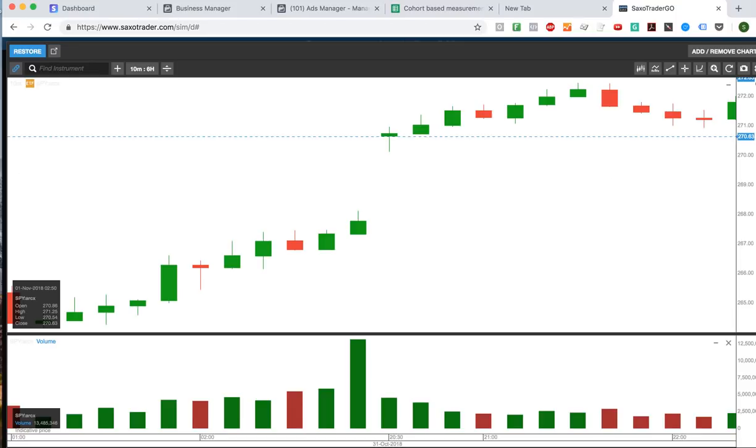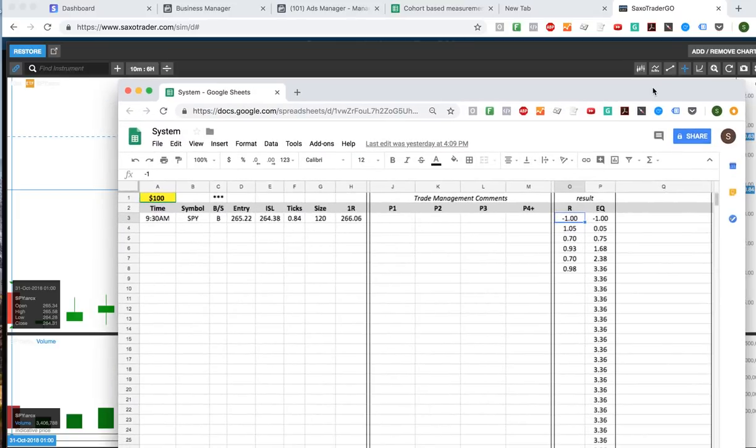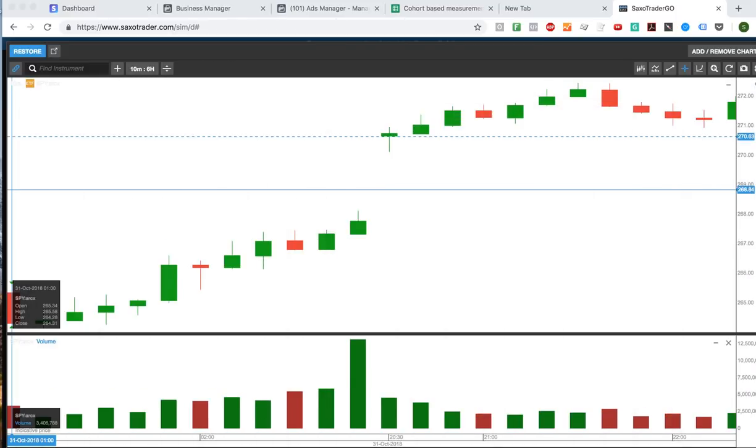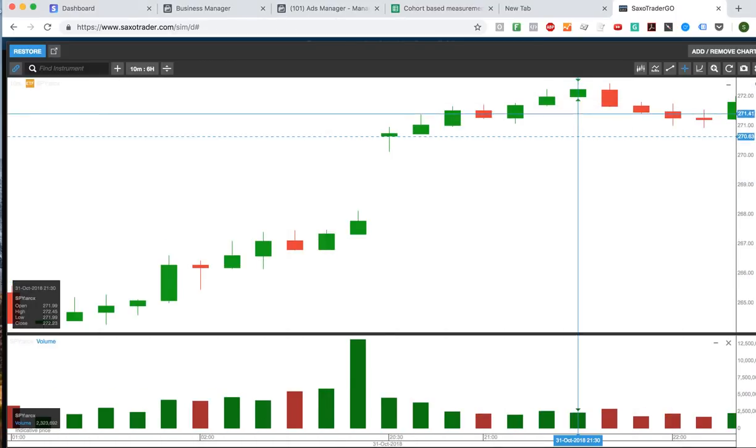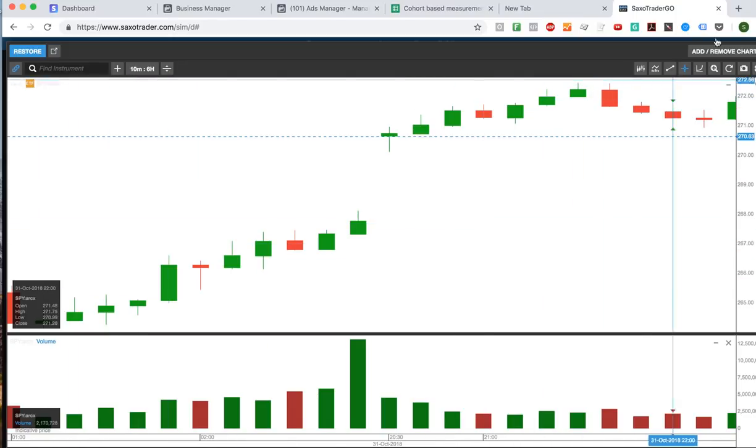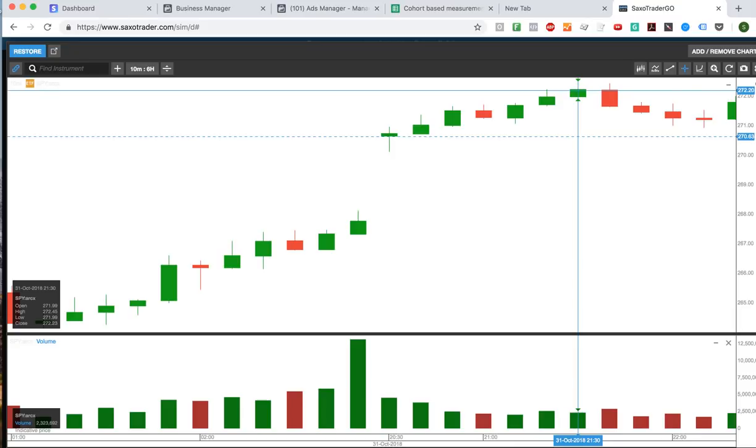Eyeballing it, let me get out the calculator and I'll work it out exactly. Alright, so this is a 0.94 R, and I'll just show you the calculation. This bar here, you can see right down there, the numbers if you look closely. Your stop is 1 tick above the high, so that would make it 272.46. The entry point is 1 tick below the low, which is 271.98, which means we have a 48 tick R